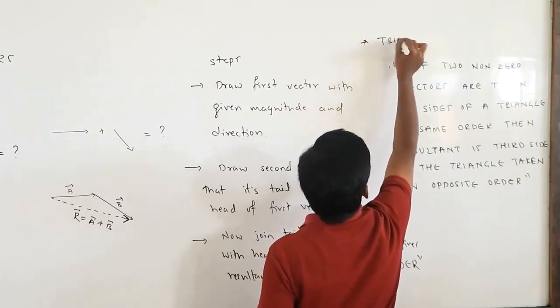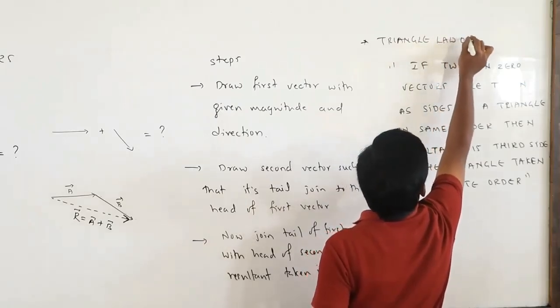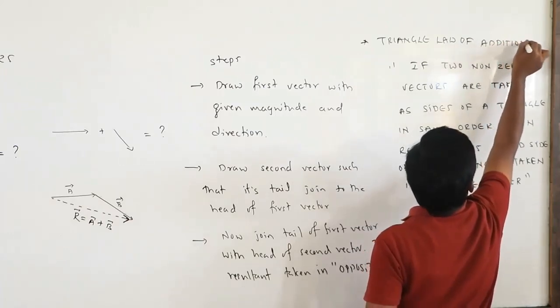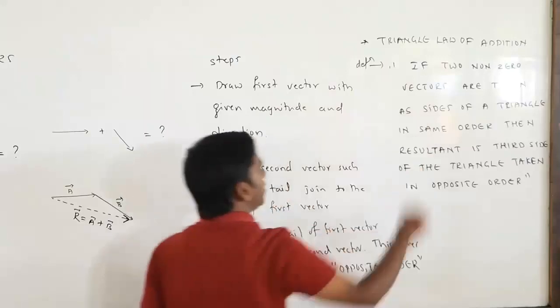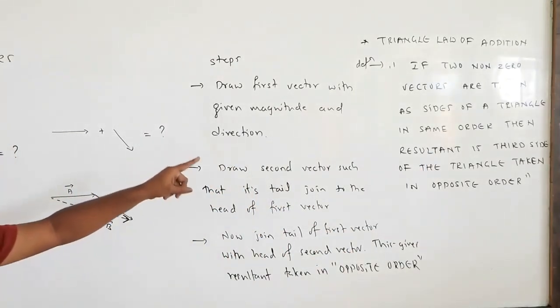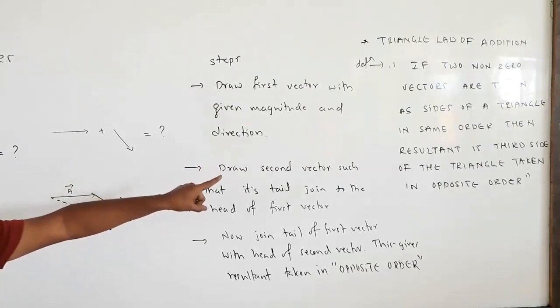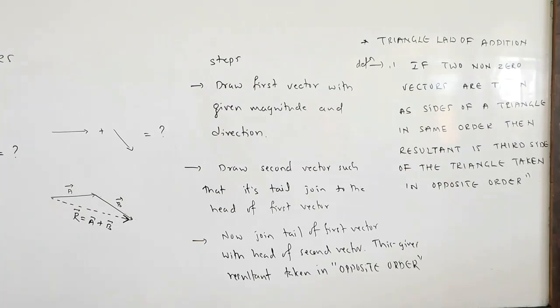Triangle of addition. So this is the definition. Remember that one. If two non-zero vectors are taken as sides of a triangle in the same order, then the resultant is the third side of the triangle taken in opposite order. So remember the definition. Most of the time they will ask you